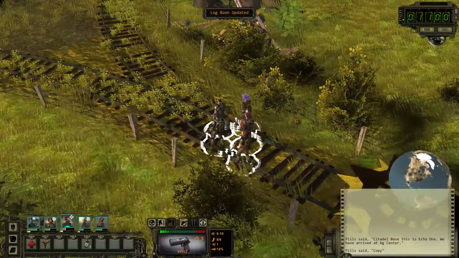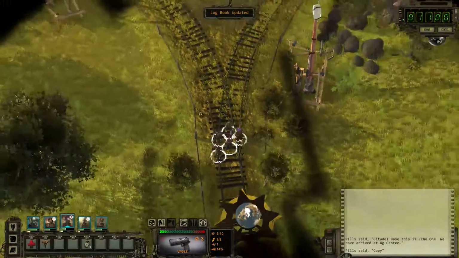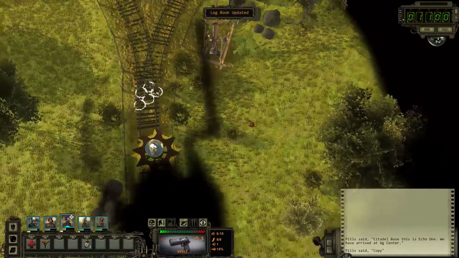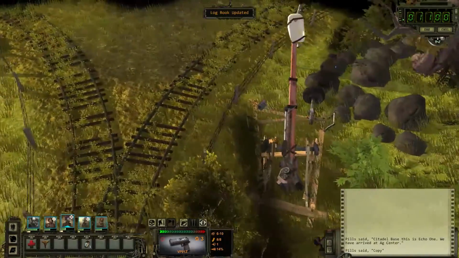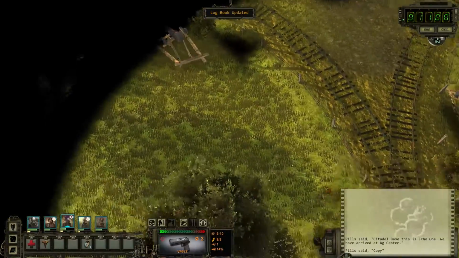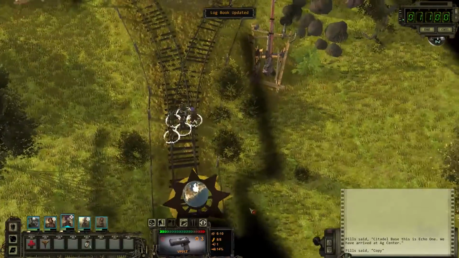So this is the main playing board, I guess, what you would call it. There's apparently some trebuchets here. I don't know exactly why, but